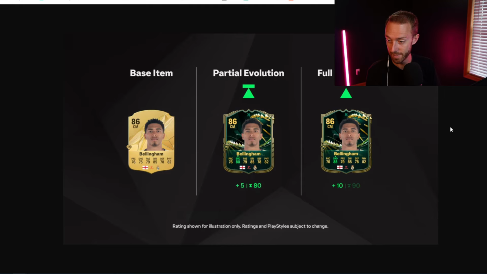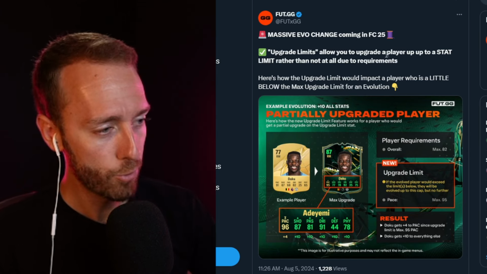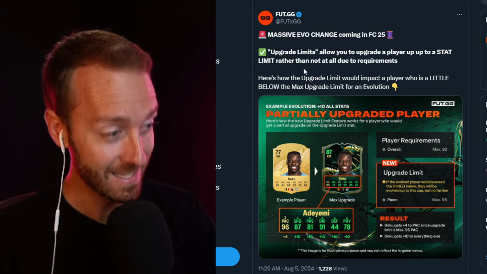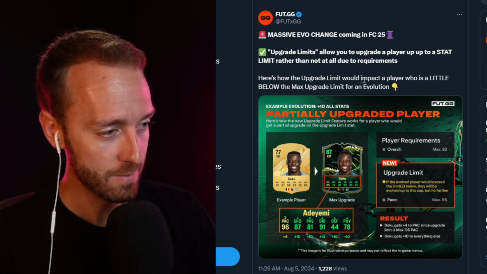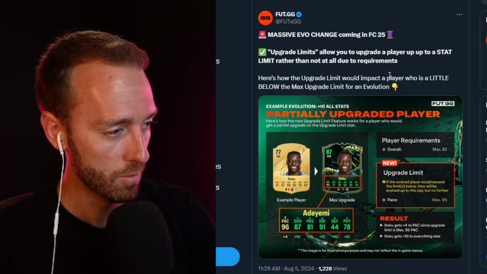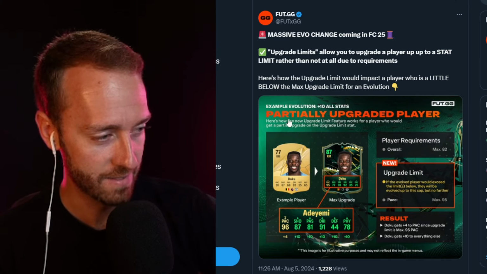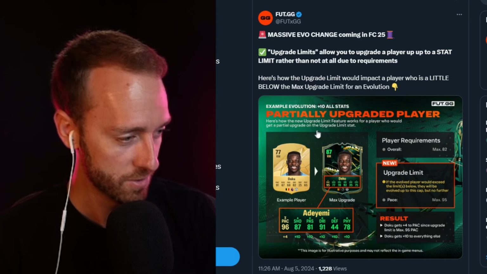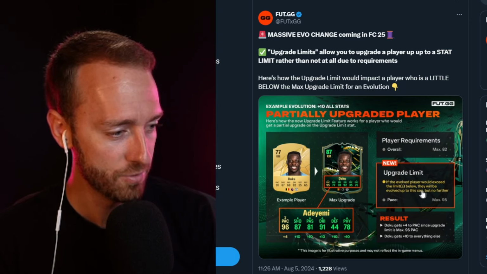Checkfoot.gg tweet. Did they have a tweet about this? It's a big W and it makes possibilities endless. I love how it sounds. Okay, what's this? Upgrade limits allow you to upgrade a player up to a stat limit rather than not at all due to requirements. Here's how the upgrade limit would impact a player who is a little below the max upgrade limit for an Evo. Wait, example evolution is +10 in all stats, a partially upgraded player. Okay, so if the evolved player would exceed the limits below, they would evolve...